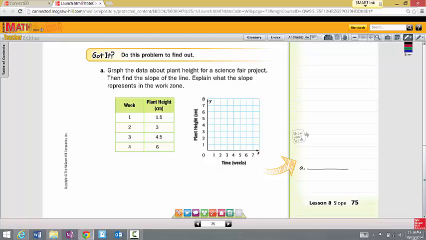Explain what the slope represents and graph the data about the plant height for the science fair project. Okay, so I'm not going to be able to graph this, so I'm going to turn my answers on so you can just see what it looks like. So this is what the line looks like